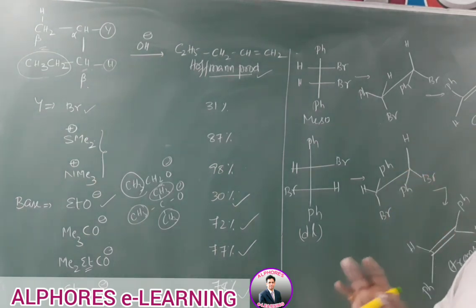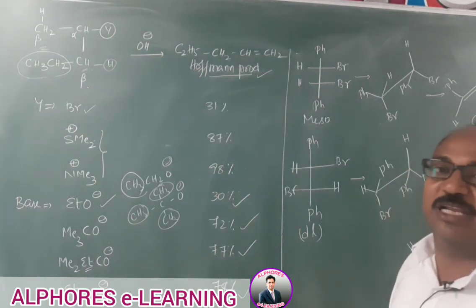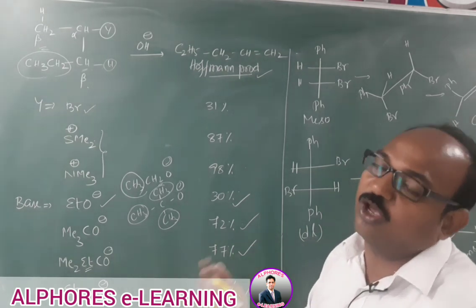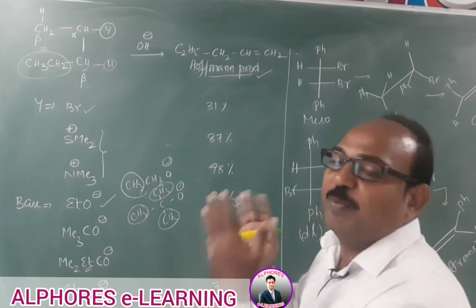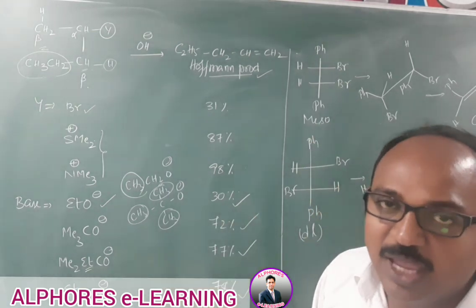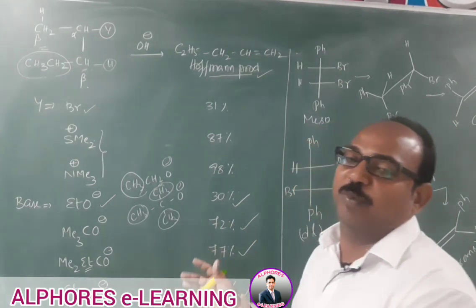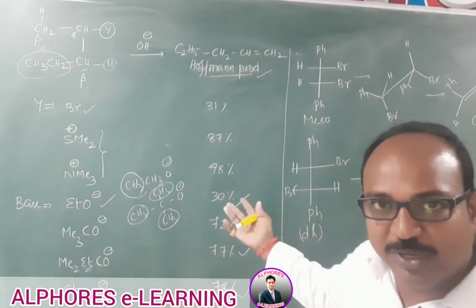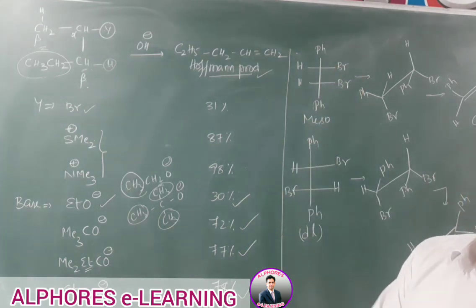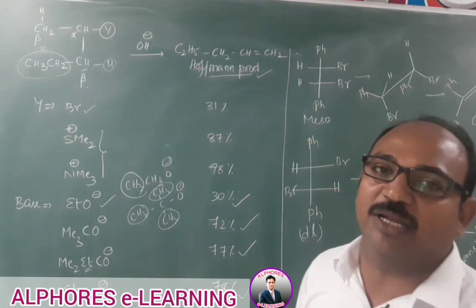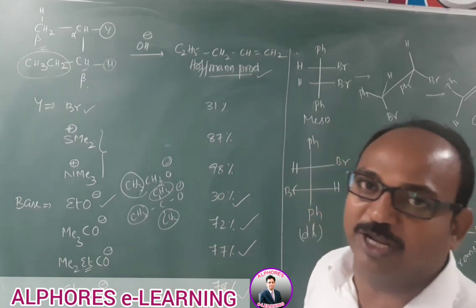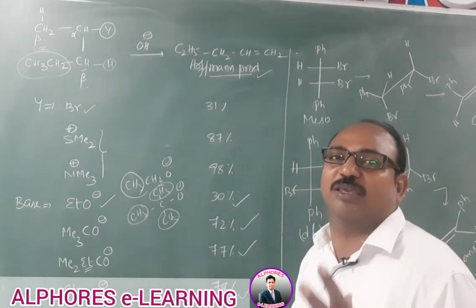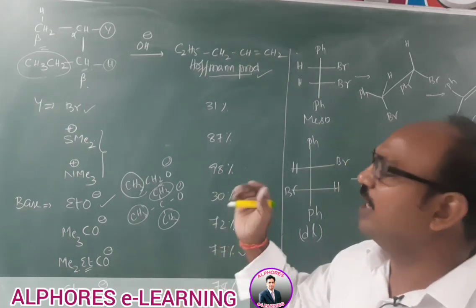Now, regarding Hofmann elimination and Saytzeff elimination: in which case are you getting Hofmann elimination, and in which case are you observing Saytzeff elimination? Which type of leaving group is required for Saytzeff and which type of leaving group is required for Hofmann, and which type of base is required for Saytzeff and which base is preferable for Hofmann. If you want to get the Hofmann product as the major product, then the more bulky the base, the better to use. If you want to get the Saytzeff product, it is better to use a less bulky base. This is the difference with respect to the attacking base.